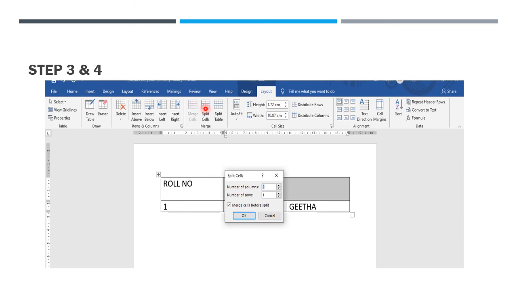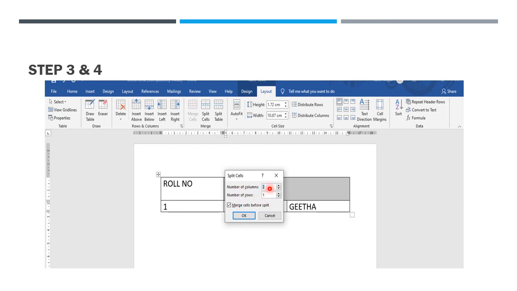If I click split cell, one dialog box will appear. In the dialog box, the number of columns and number of rows is there. So in the number of columns you can give the number, and number of rows you can give the number, as you wish.